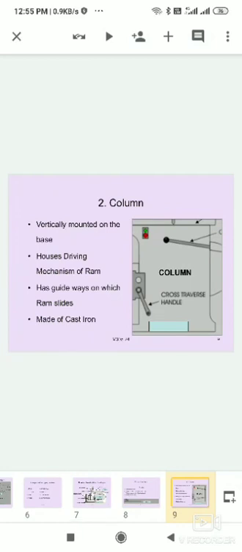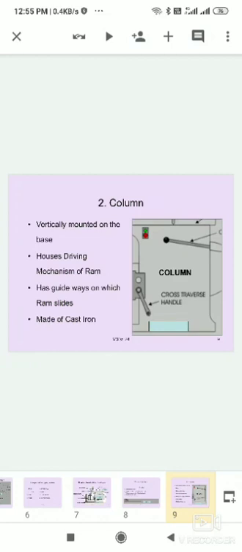The column is mounted vertically on the base. The ram driving mechanism is enclosed in the column. It has guideways. The accurately ground guideways are provided on its top, on which the ram slides.